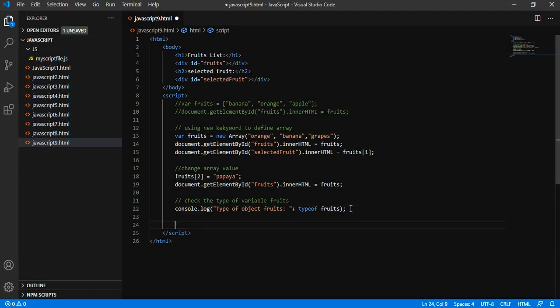Let us see how to define an object. So in this way we can define the object, and let's see how it is different.